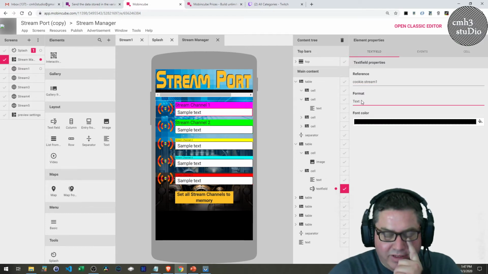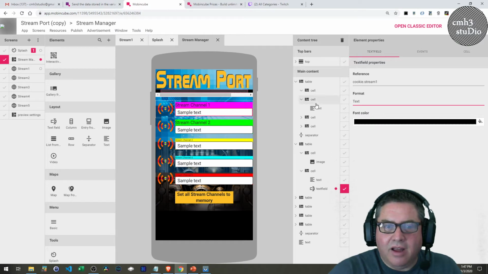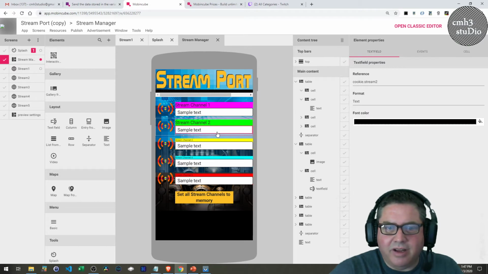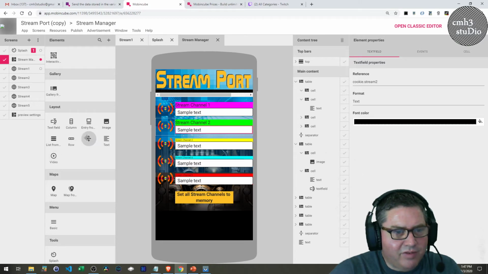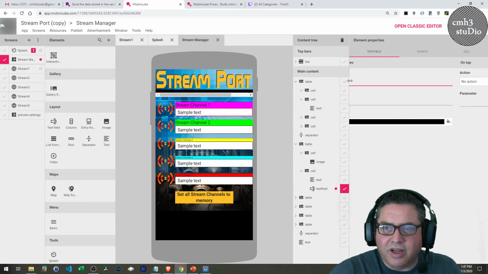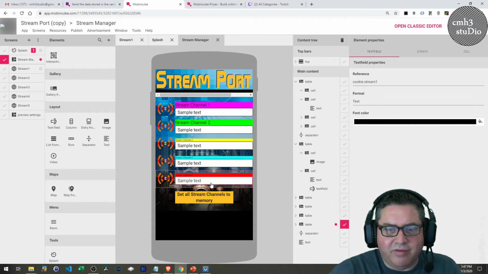I usually do text because it's just easier. As you can see here, these are all similar forms dragged over from layout, text field. And then when these values get called later, this cookie.stream or cookie.stream5 down here,